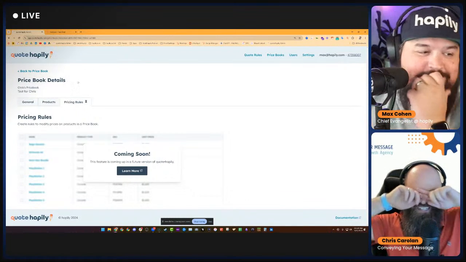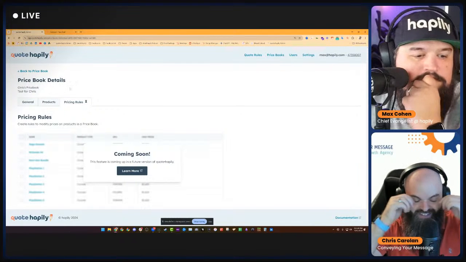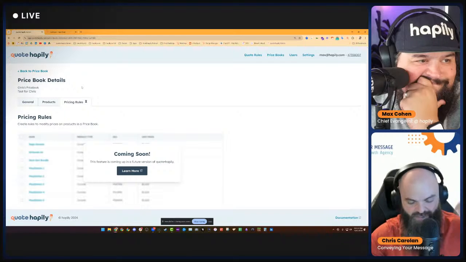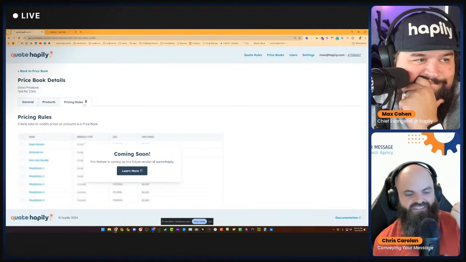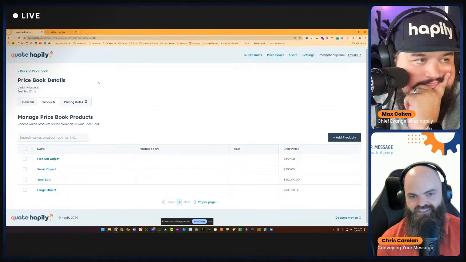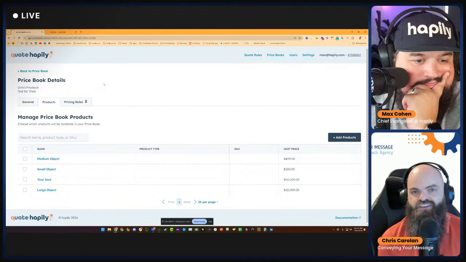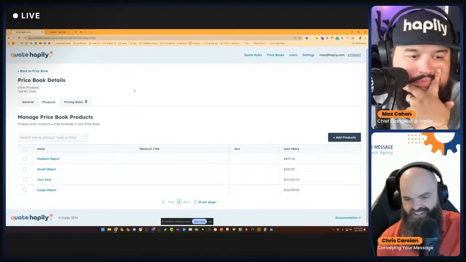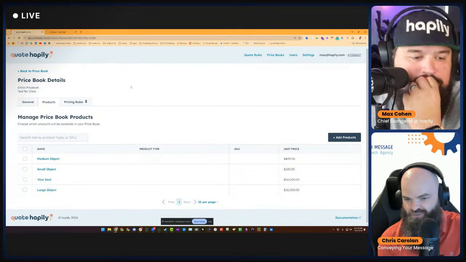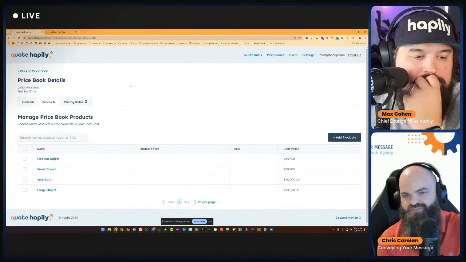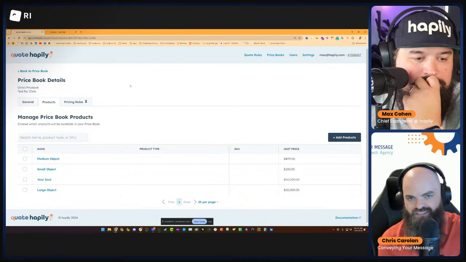HubSpot, let me run this one by you and make sure I'm understanding, because I'm super excited for this part. I'm in a portal right now, starting to get familiar with quote happily. An example is the international thing, where for shipping, we don't want to have to run everything through DHL to get the quote, and then at that point we can do the quote. Instead, we want to create static fees.